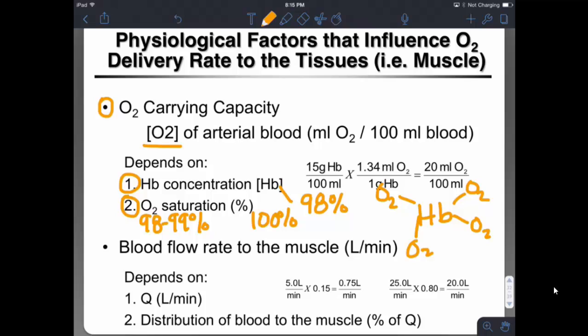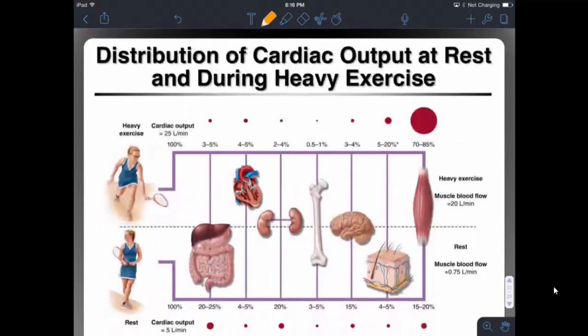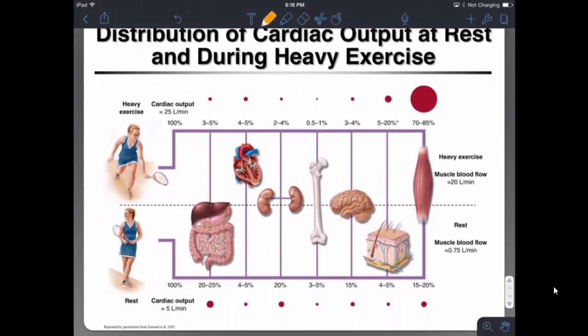The second factor I want to remind you of is the blood flow rate to the muscle. So how much blood is being delivered to the muscle. And this depends on two things: the amount of blood flow going out to the entire system, which is our cardiac output, and what percentage of that cardiac output is being distributed specifically to the muscle. So this brings us back to this one. At rest, cardiac output is about 5 liters per minute, and about 15 to 20% of that goes to the muscle, and therefore muscle blood flow at rest is about 0.75 liters per